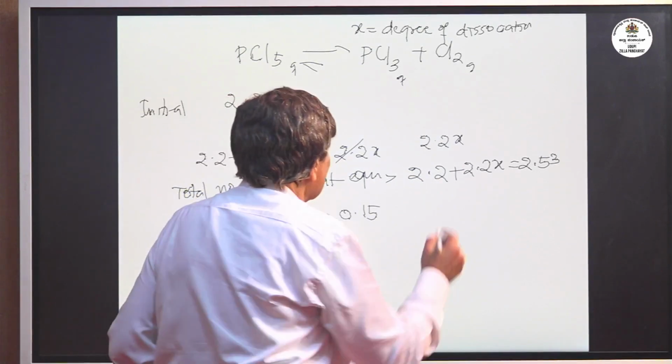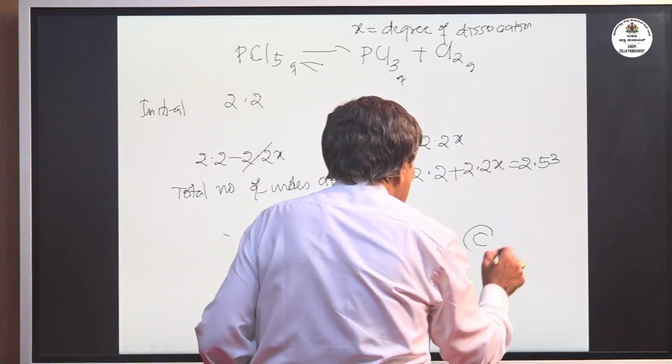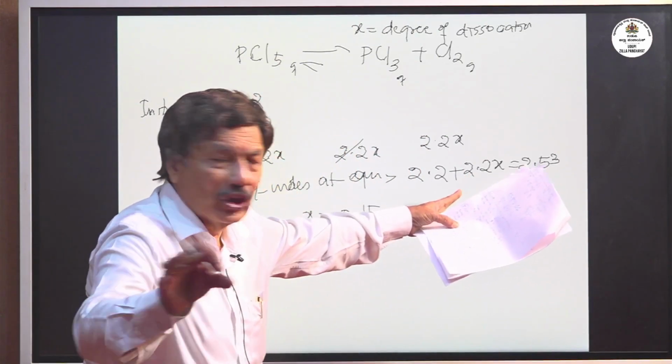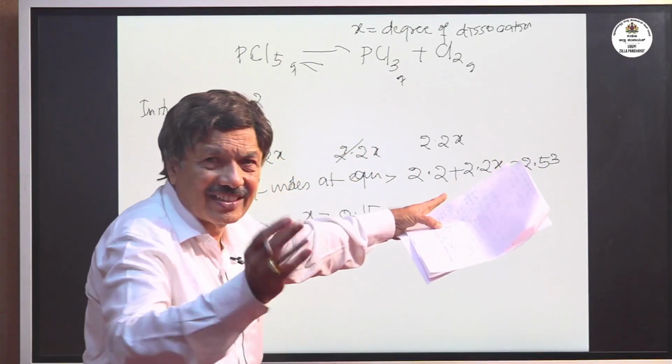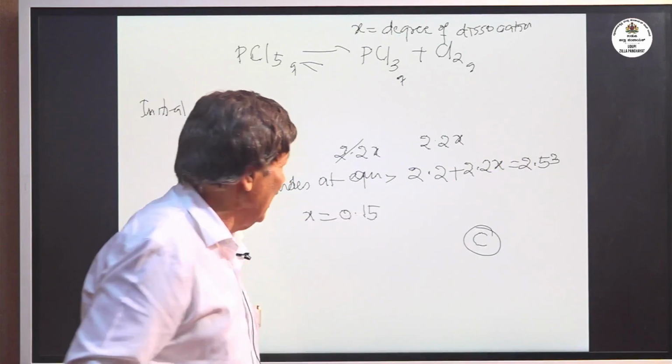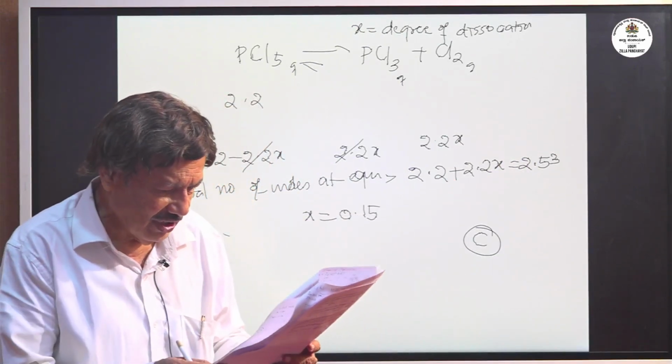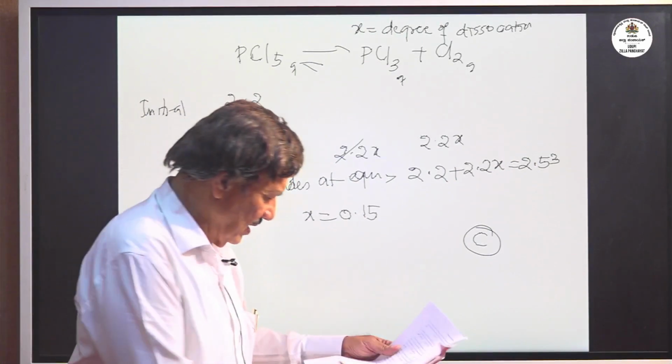So option is C. C is the option. 0.15. Here a little I have given it for you. You have to simplify it for X. Just shift it and X will be 0.15. That will be the degree of dissociation. That's the answer. Yes. We will move on to